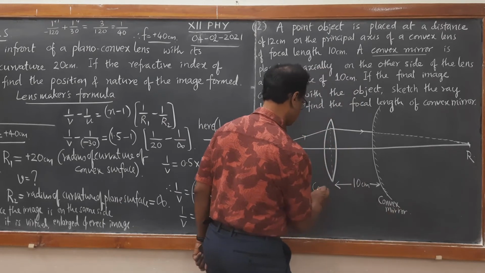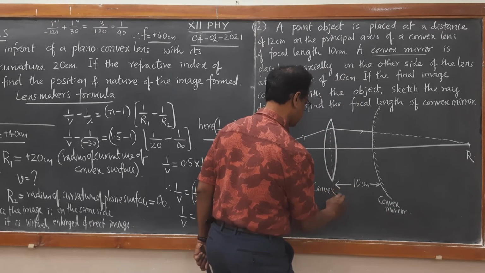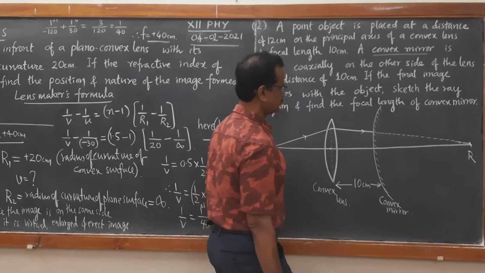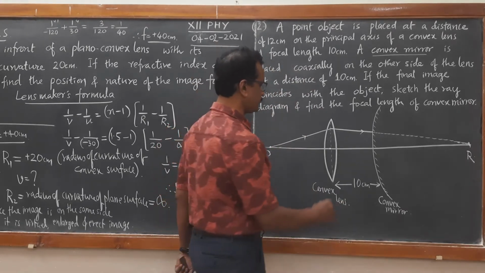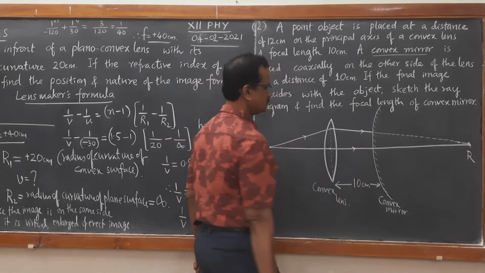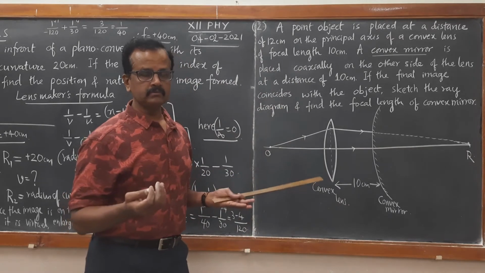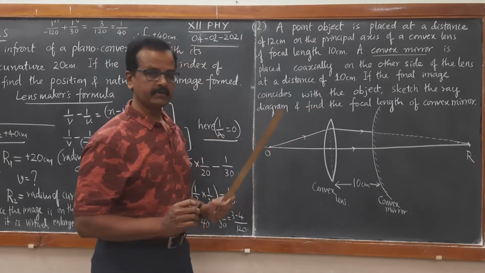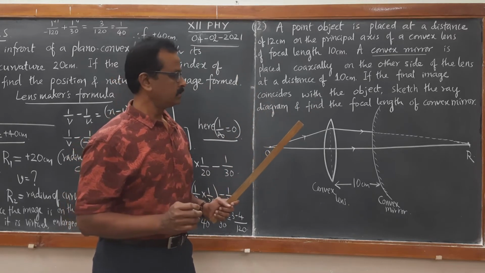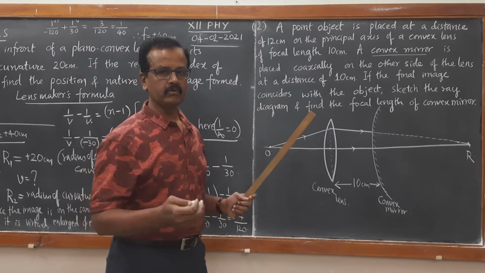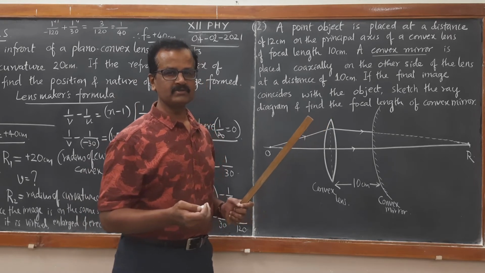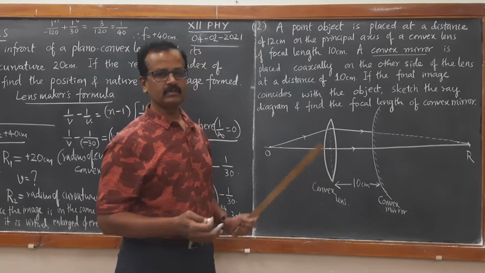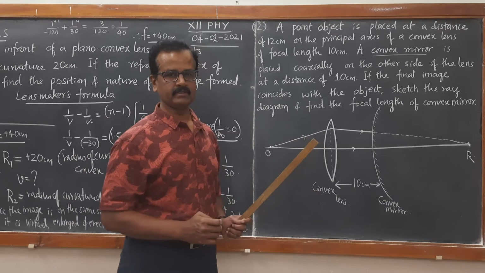And this is a convex lens. Actually, you are performing one experiment using this, which cannot be recorded with the help of a camera. It's very difficult to record with a camera. Once you come back to the school, we are all hoping very soon you are coming back, then we will be able to do this experiment.